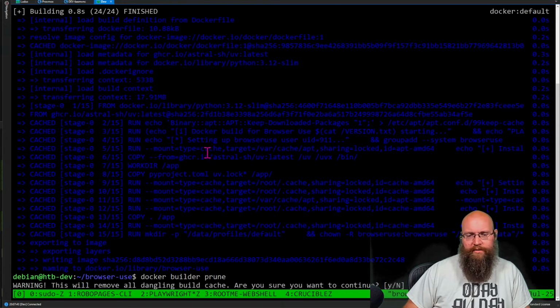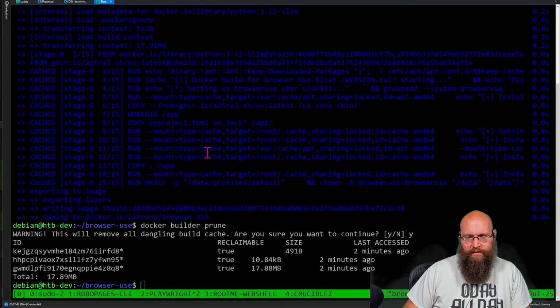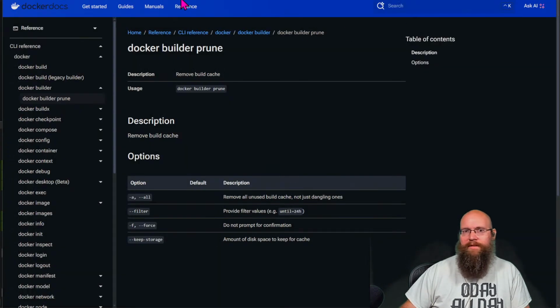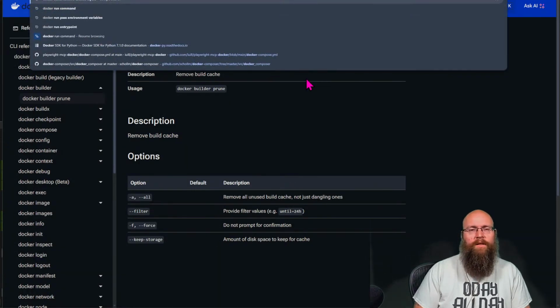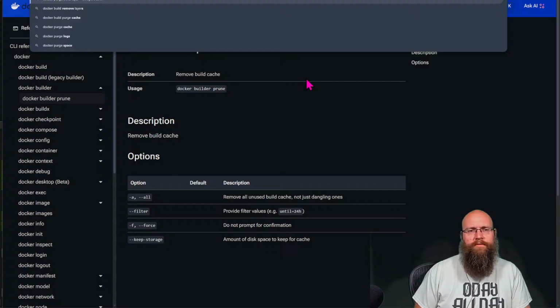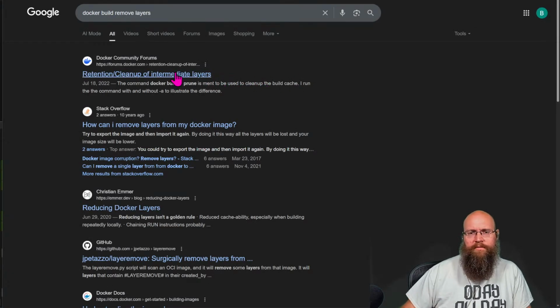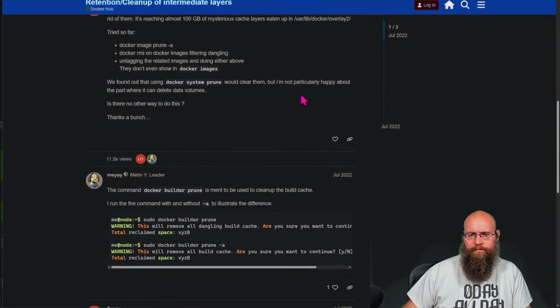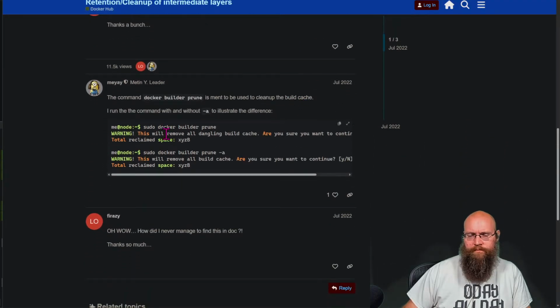This is so weird. Why is this not dumping out of here? Let's see. Docker purge build layers. Is it literally that?